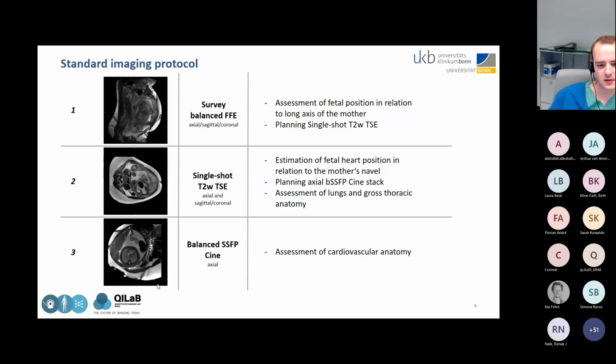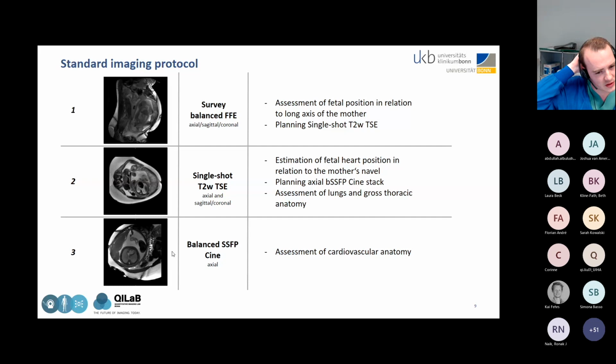It's important to say that in most cases we only perform transversal CMR images, which can be supplemented, of course, by, for example, sagittal or coronal planes, if we need more diagnostic information, especially for the outflow tracts. But the standard is the transversal stack alone, covering the whole heart and the great thoracic vessels, because it is easy to plan. It is less prone to fetal movement than it would be the case for heart-specific views, and